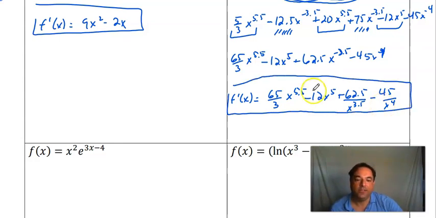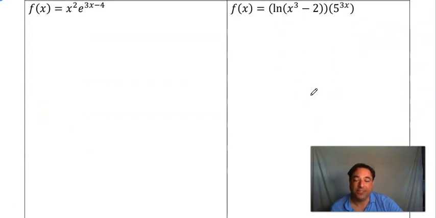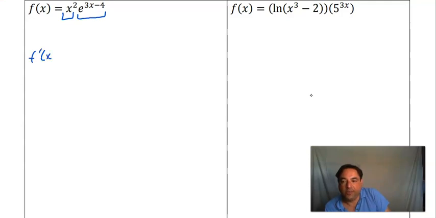And then the next two involve some special cases. We can add special cases in as well. So again, we have two things being multiplied: x squared times e to the 3x minus 4. So the product rule says derivative of the first one, derivative of x squared is 2x, times the original second one, e to the 3x minus 4,